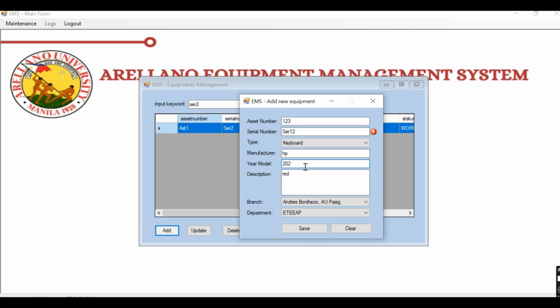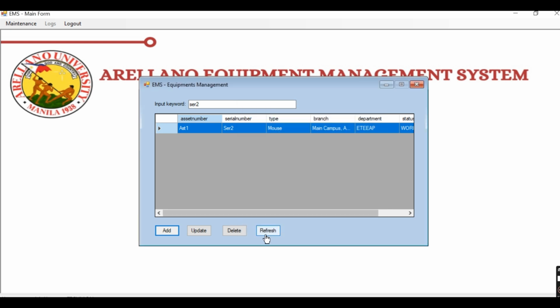So for example, I add here more than 4 digits, so it's not possible for the number. So for example, I just type in 3. So you will be receiving this error message saying that you should enter a 4-digit number. And also, if you are trying to type in a letter, it is not really possible. As I mentioned, it should be only numeric and contain 4 characters. So there. Then click on save.